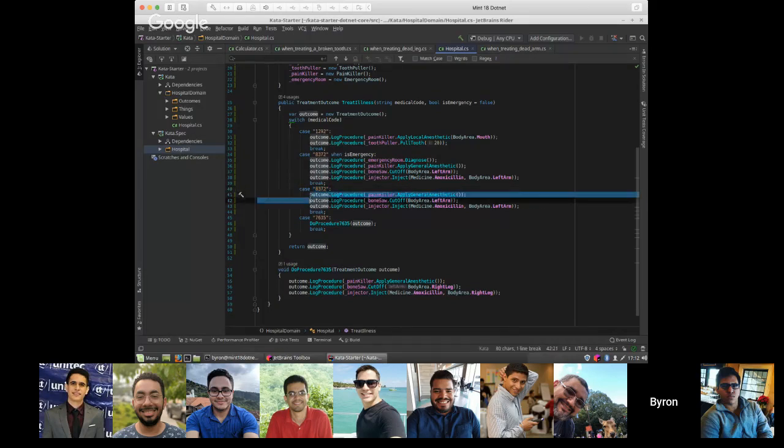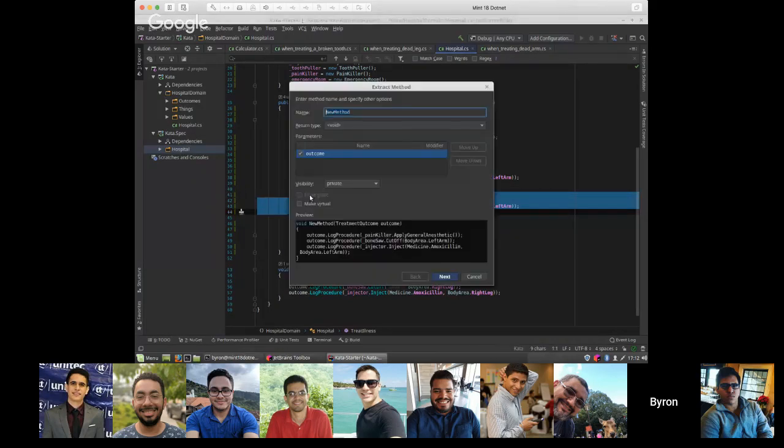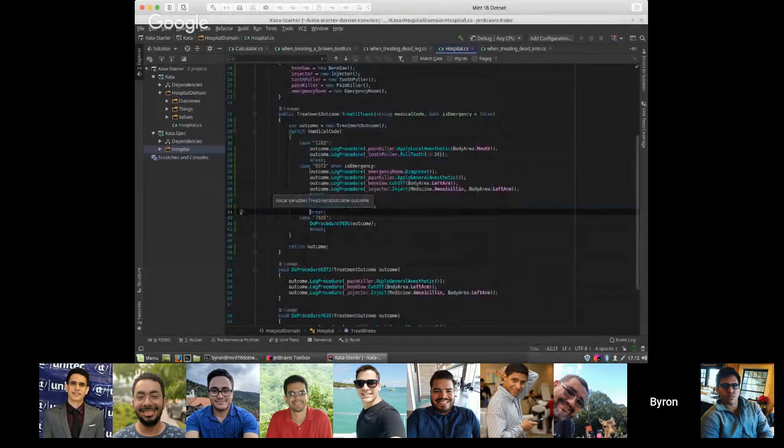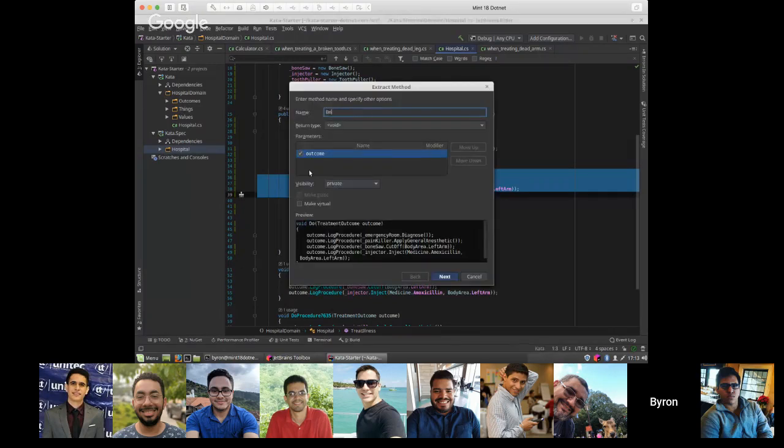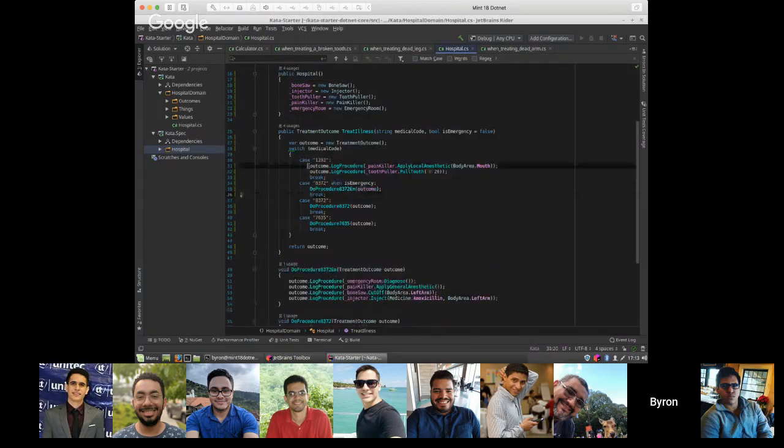I'll extract this one out as a method also, and this is going to be do procedure. Whoops. Do procedure. It's a proven fact that when people are watching, you type slower with more mistakes. So this is going to be do procedure emergency, and then I can extract this one out as a method, and this will be do procedure